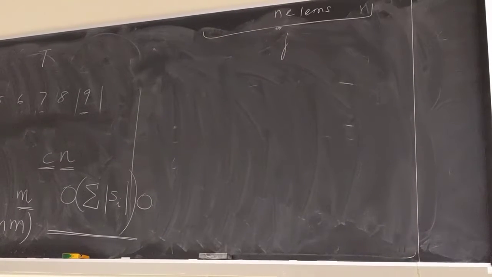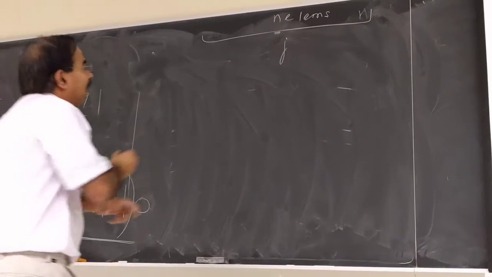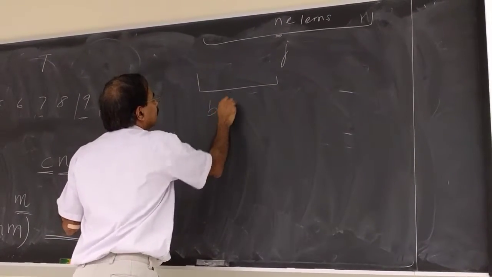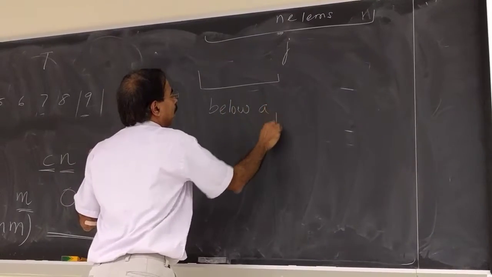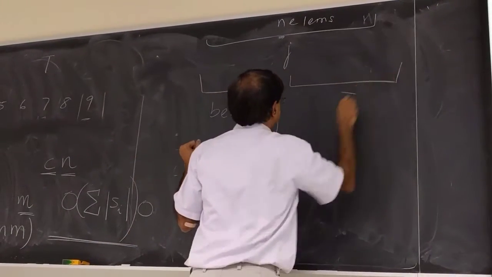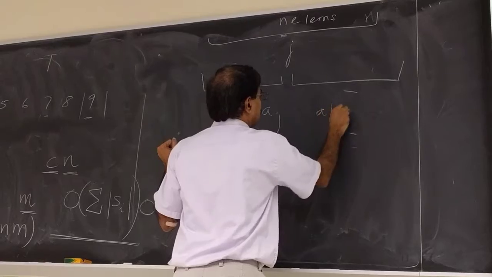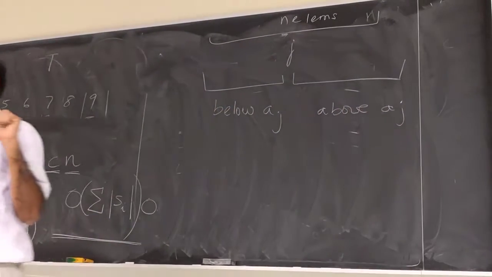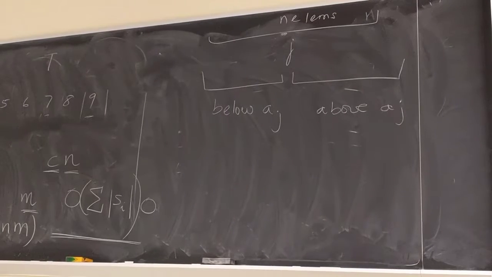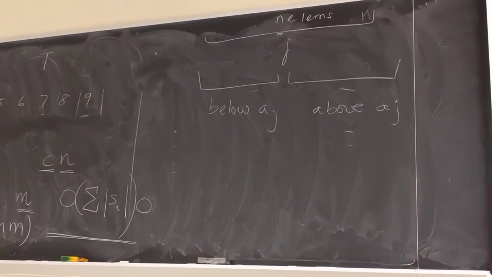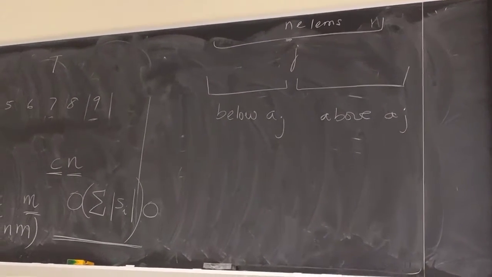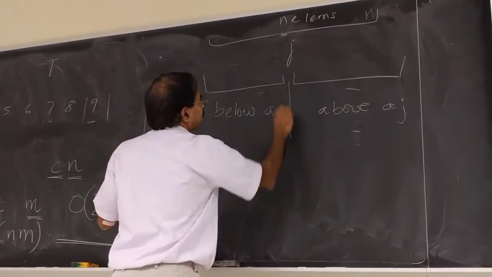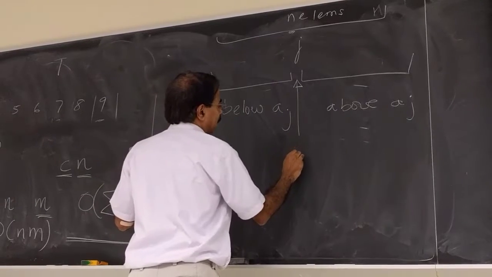And you pick that element, and now you do the partitioning, and everything below aj, and then everything above aj, right? So you generate a random number j, use aj as the pivot, and then you do the Quicksort partitioning, right? So now, if this position happens to be some i